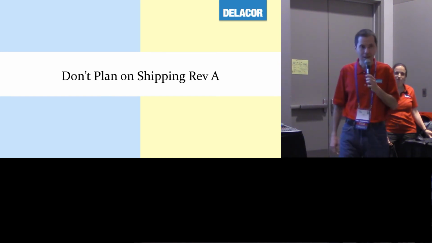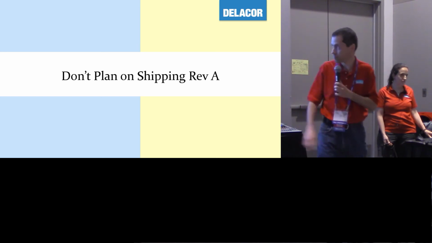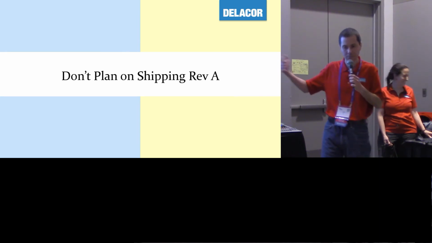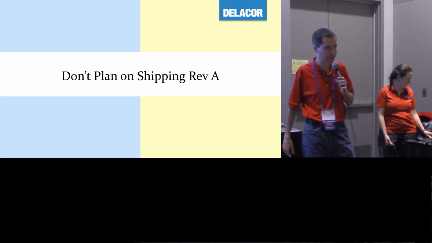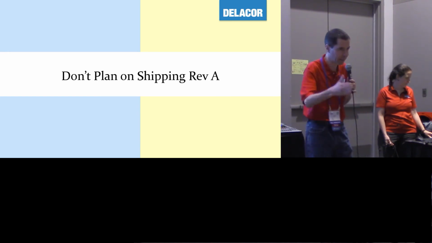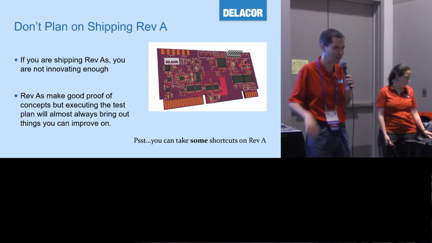So if you need to get funding in 2 weeks or you run out of money in your company, you can take some shortcuts on Rev A to say, hey, yeah, we got one to work. Now you give me some money, and we'll go and do another version that really works, and we can make a lot of them. But you have to have that discipline to go back and go through this process on Rev B, not just say, well, we got this one to work, the next ones are going to work too.